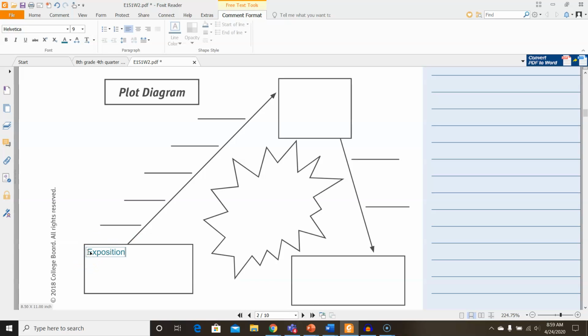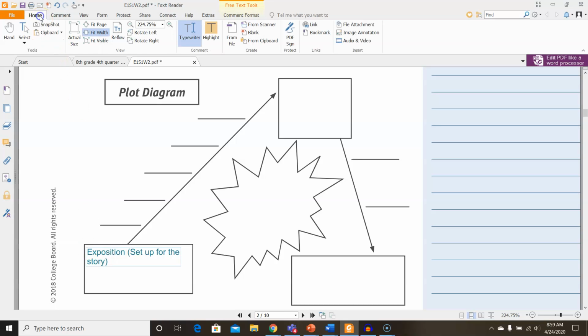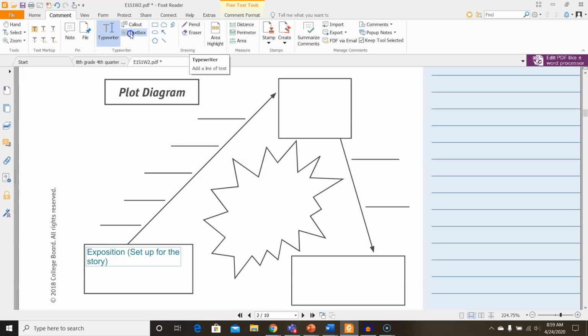Exposition. The exposition is a way of saying the setup for the story. This is introducing you to the characters, giving you the tone, giving you the setting, finding out where the story takes place, what time period. It's giving you all of the background information you need in order for this story to make sense. All right? Then you have your rising action,